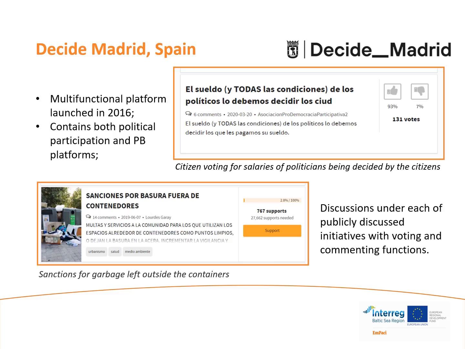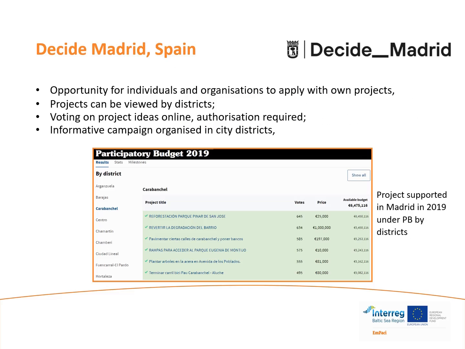Such discussions, depending on the types, can have voting and commenting functions attached. Similarly, as in the case of Krakow, Decide Madrid stores all information about the projects supported by the citizens or projects under implementation. However, as you can see, the form of visualizing data is different. See here a table instead of a map, as it was in the previous example.